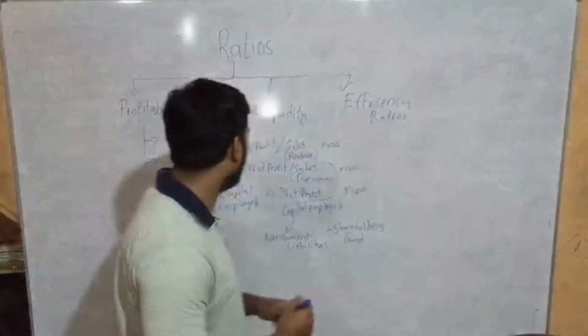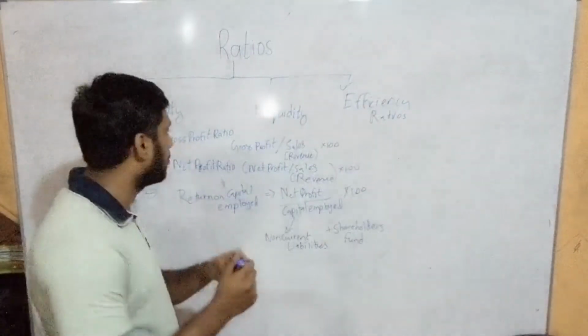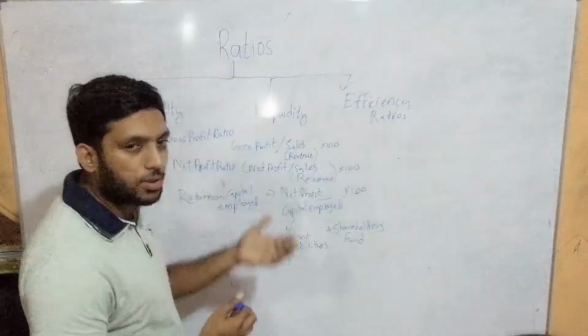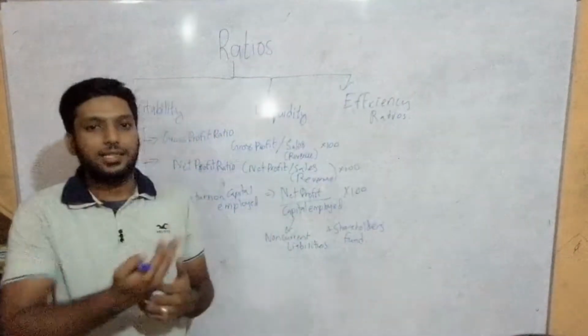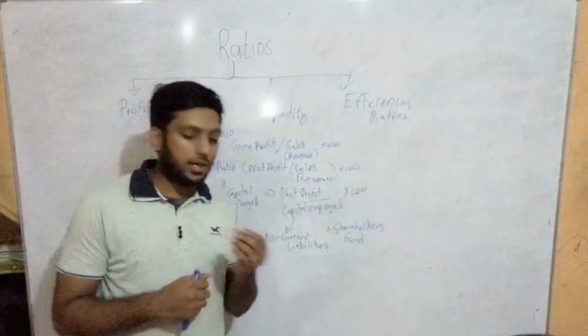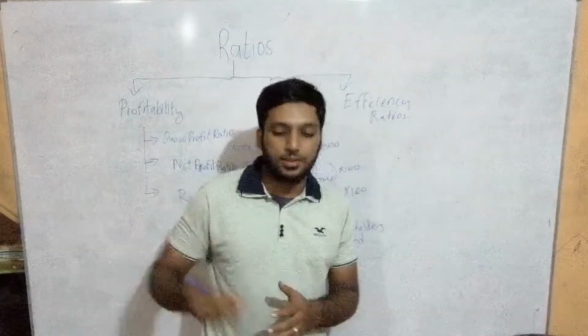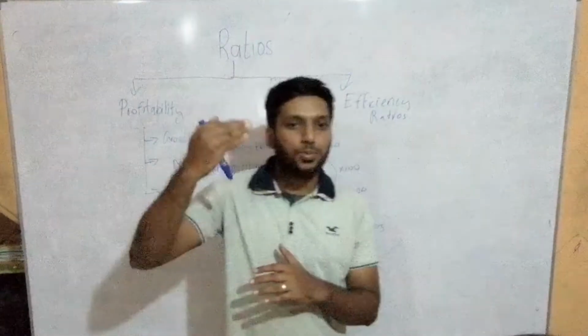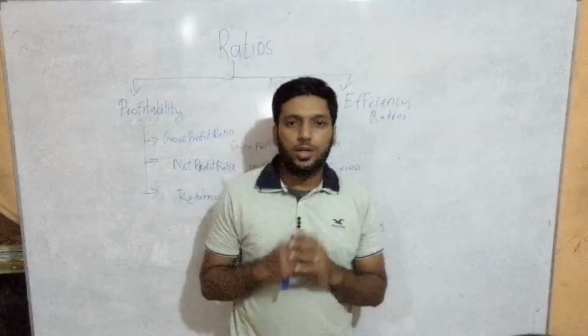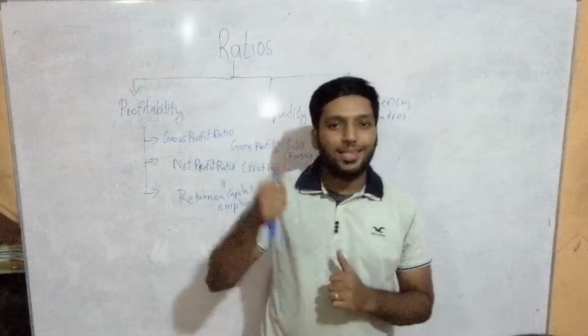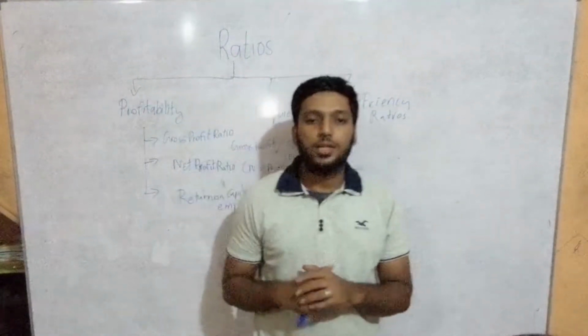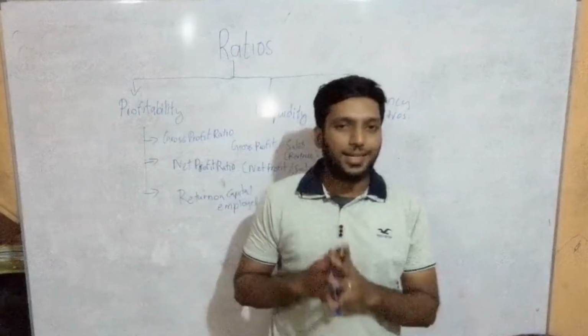Now if they ask the actual difference, gross profit ratio last year was maybe 10%. This year it has increased to 15%. They might ask in your exam what might be the reason the gross profit has increased. So you need to understand before gross profit you have two things to calculate. One is sales, the other one is cost of sales. So these are two determinants which are affecting the gross profit.